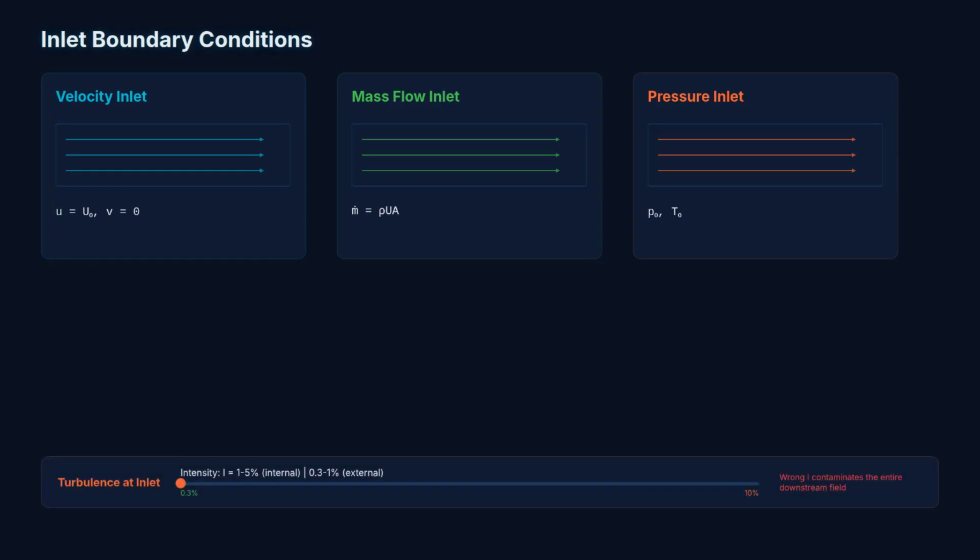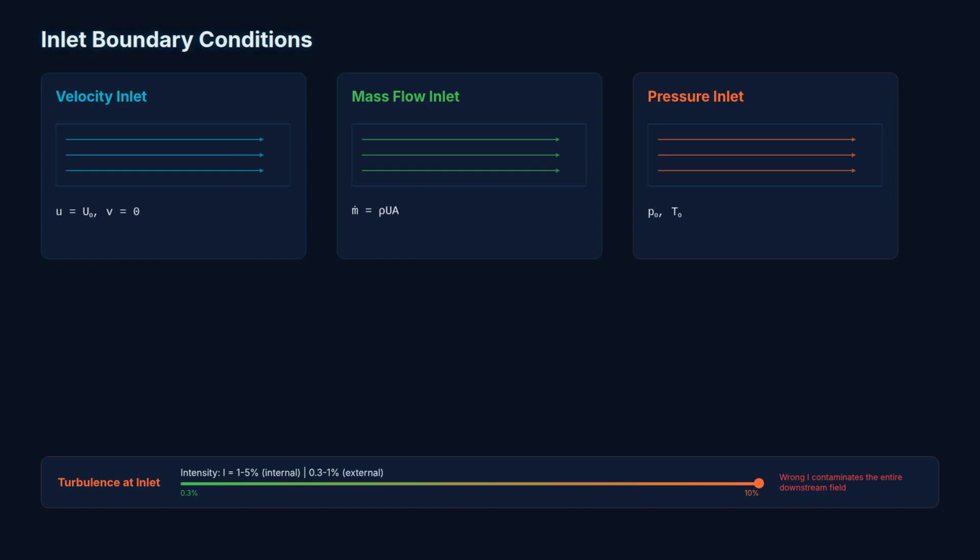But here is where people go wrong: the turbulence specification. At the inlet, you must define turbulence intensity and a length scale. For internal flows, intensity is 1 to 5%. For a clean wind tunnel, half a percent. Get this wrong, and your turbulence field is contaminated from the first cell, propagating errors into separation, mixing, and heat